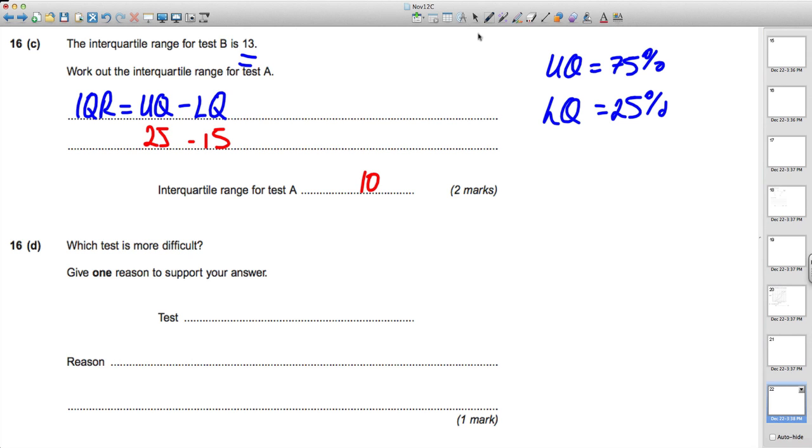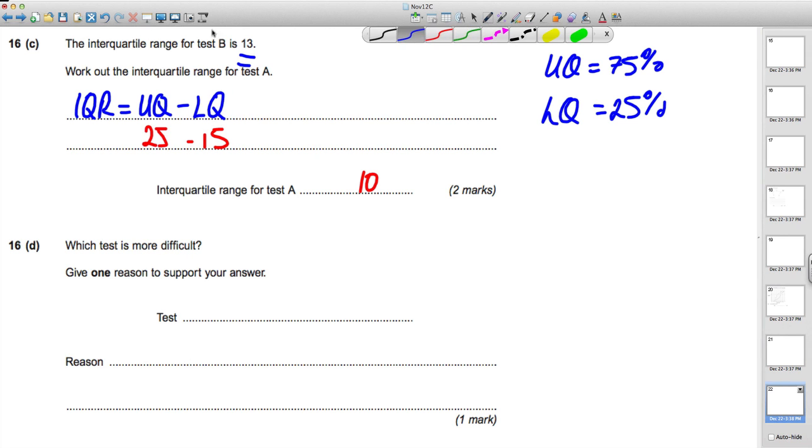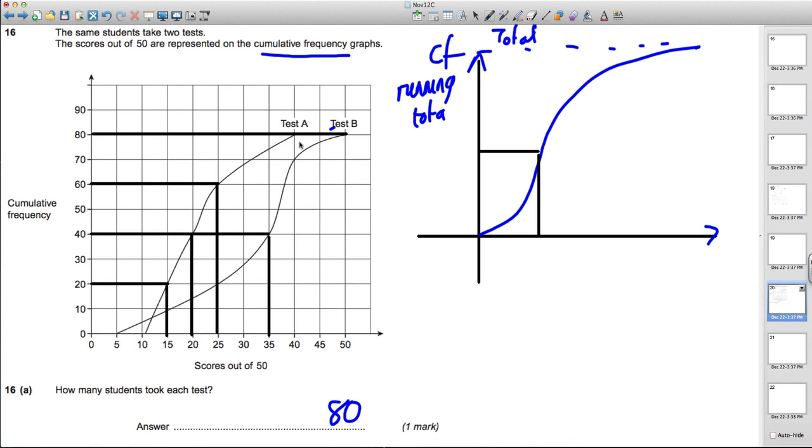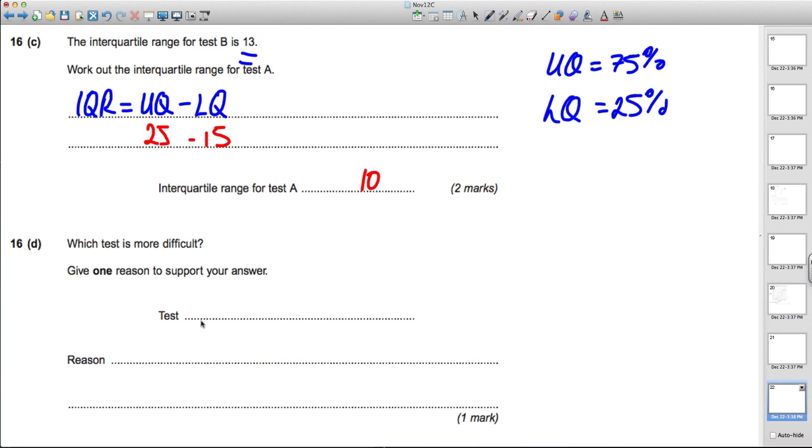Now, which test is more difficult? Give a reason to support your answer. Look back at the graph. Clearly, the marks scored in test A are lower. And in particular, the median is way lower. The median of test A is 20, whereas the median of test B is 35. So I would state that test A is more difficult, and I would say median